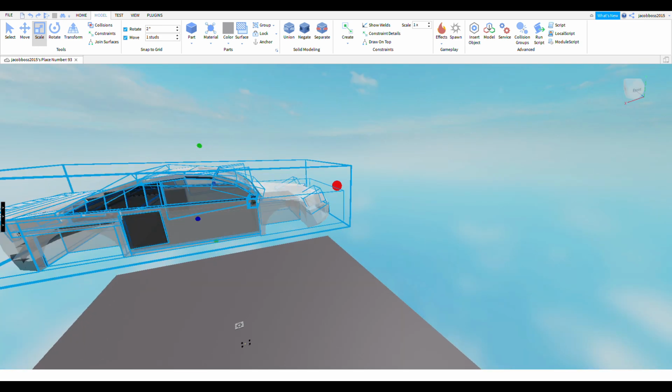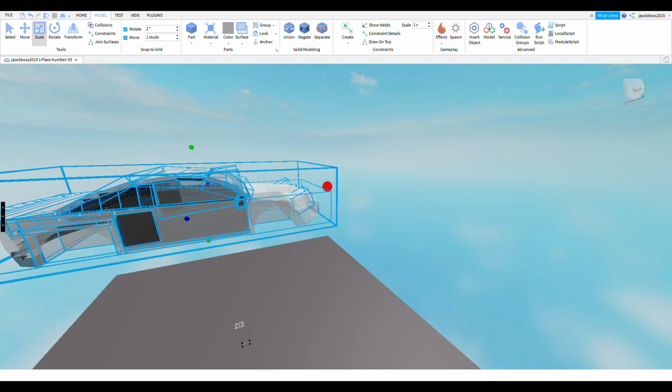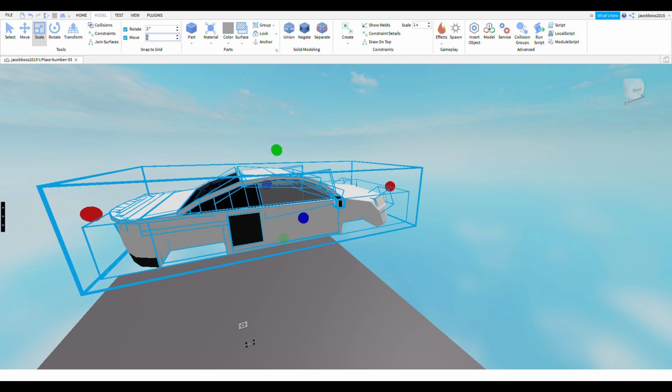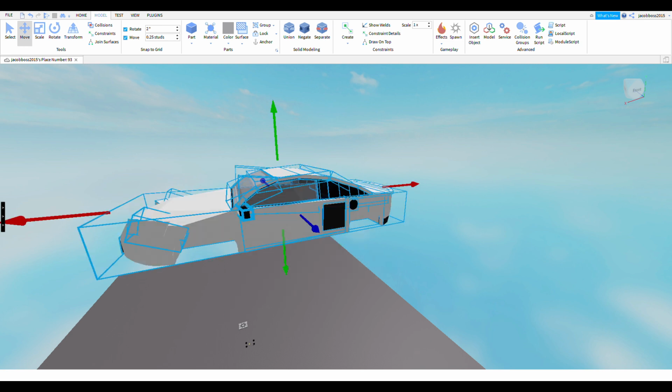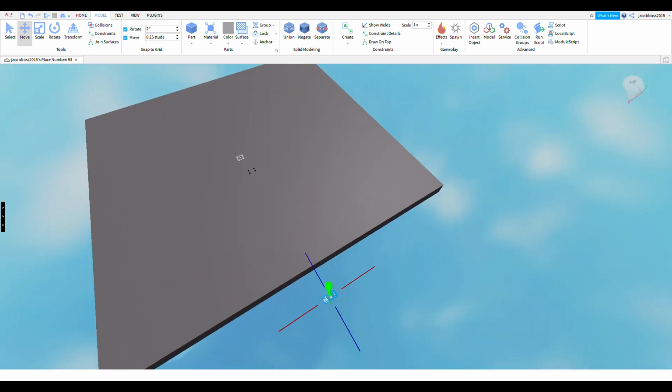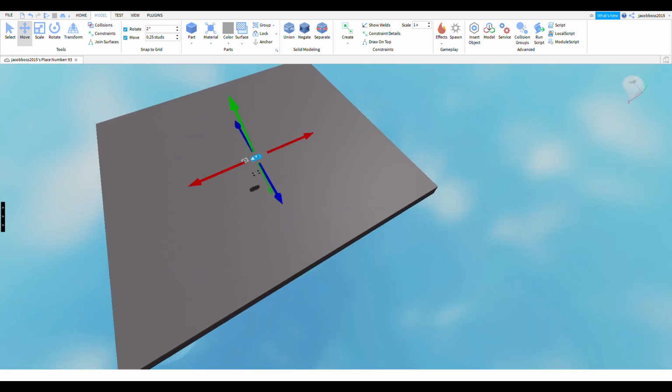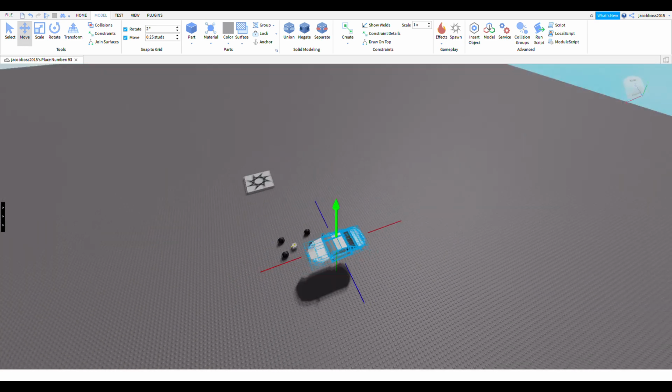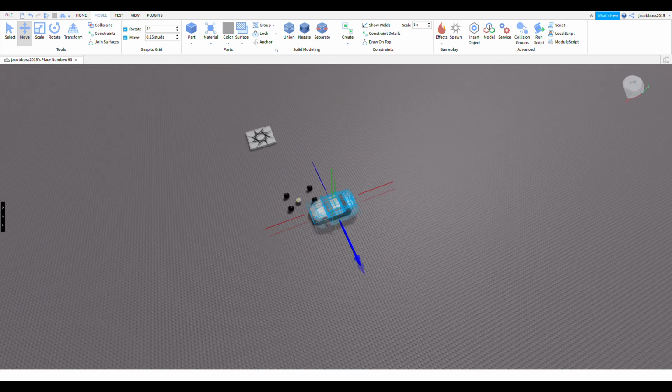And if it doesn't let you scale it down anymore, there are a couple things that might have gone wrong. So one, you might have your stud value up at a very high number, like 10 or something. But you're going to want to turn that down as low as you can. I'm just doing 0.25 because I already know it's low enough. So then you're going to scale it down until it's about the size of the wheels. Move it down here,